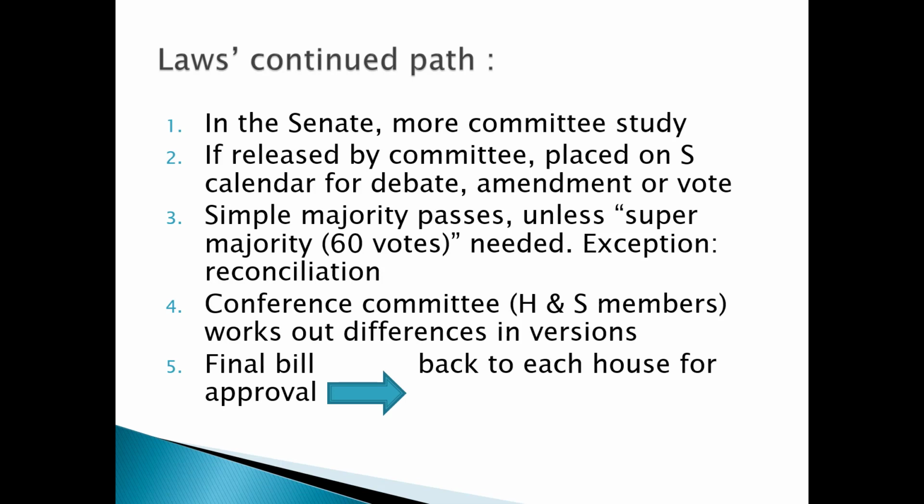However, there are some exceptions to this, and the main exception is something called reconciliation. And so typically if there's a taxing or a revenue or a spending bill, one time per fiscal year, reconciliation can be utilized. And reconciliation is a way to bypass the 60-vote supermajority. I'm not going to get into all the details of it, but it's typically used by the party in power, but they don't have the adequate 60 votes to get the legislation passed.